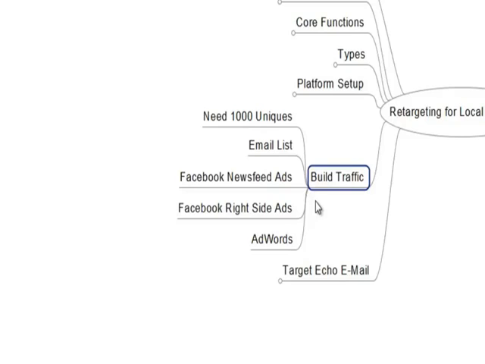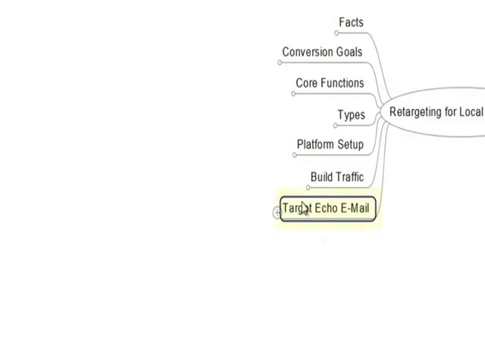And with AdWords, it's a little bit different, but we cover that in the AdWords section. Which brings us to the last tab here, and that's the Target Echo email system. We gave you guys free access to this, and basically it builds an email signature which not only makes you look more professional, but it puts that cookie inside your email signature. So once you put that into Outlook, you can start sending people emails, and once they open them,